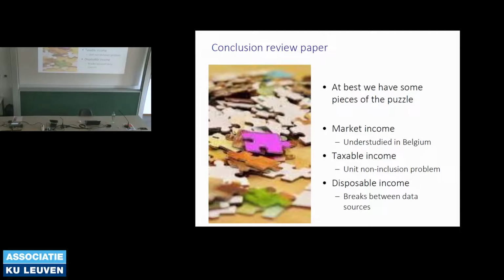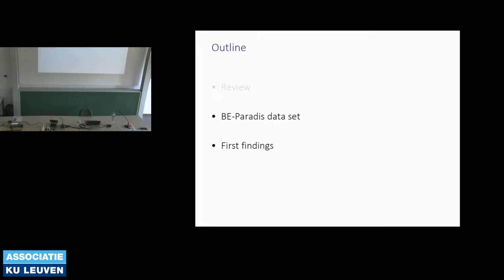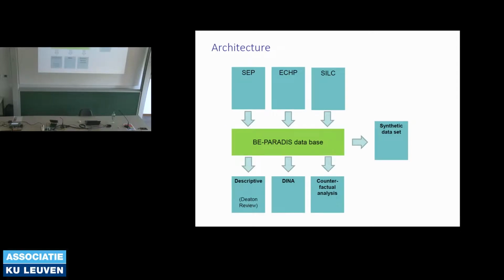I don't think that is what André has done. In a nutshell, a lot of work remains to be done. And a lot of the work that remains to be done needs a data set that is a little bit comparable. At least if you have the micro data set, you can make the same graphs, use the same measures to say something about the same period. And that's why we started to construct, and that's in fact what we started to do in the Corona period in this project, this data set. So this is a bit the architecture of our work.